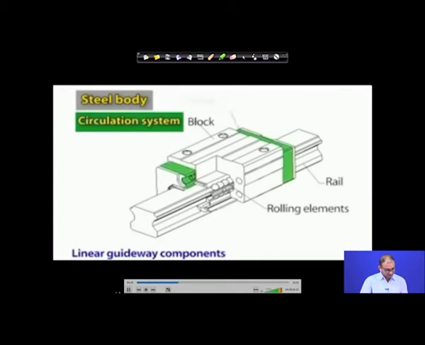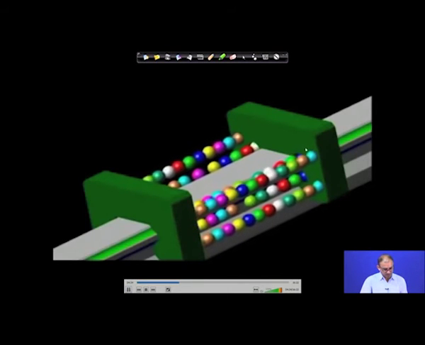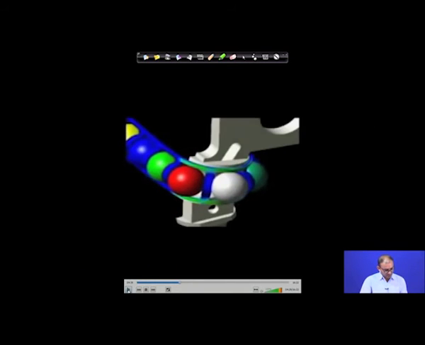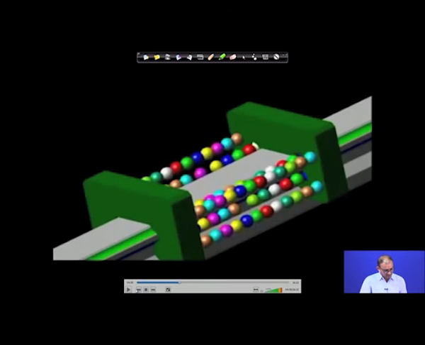and the circulation system, because circulation systems are required in between these two. End caps are also required, because you want to restrict the motion; you do not want to extend these particular things beyond a particular limit. So, this is the end cap, for keeping this particular ball within the limit zone. Once you get to this end block, it will circulate from this to this only, and it will not create any additional motion. So, it will move in a particular confined motion only.